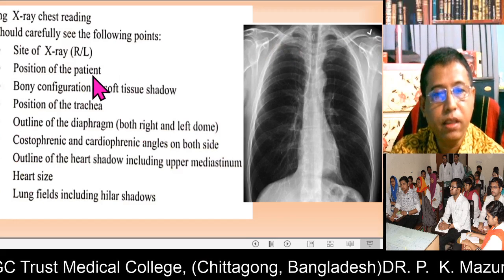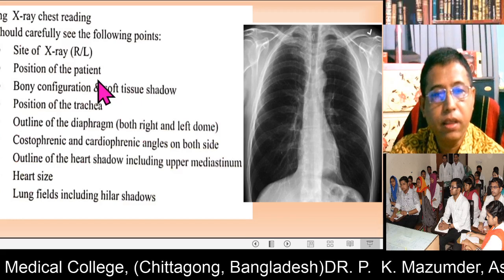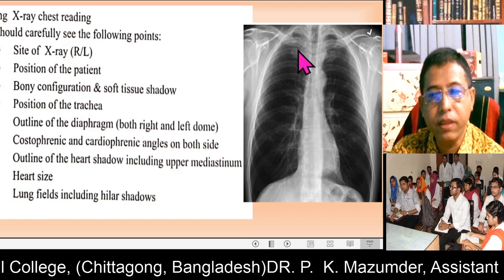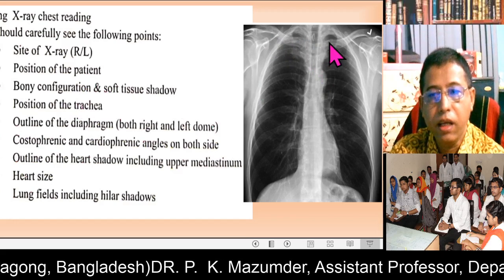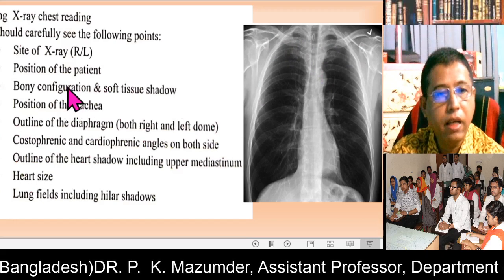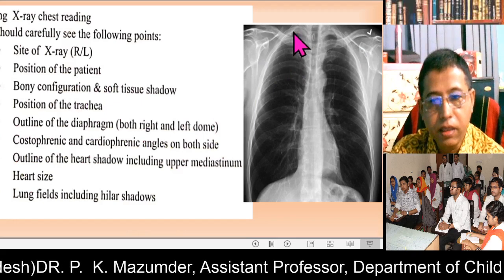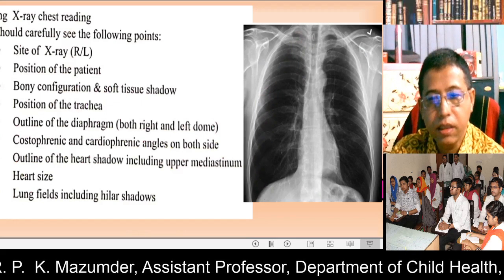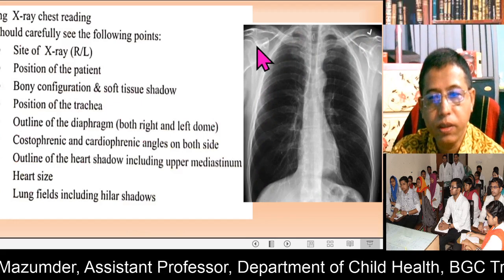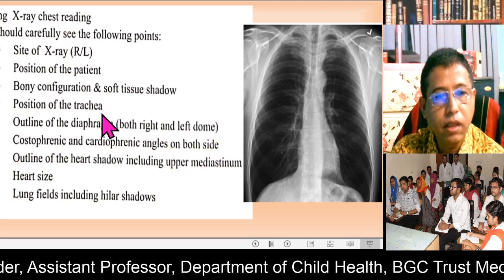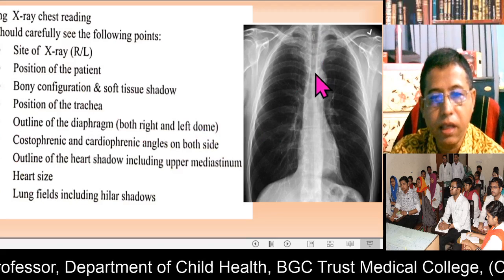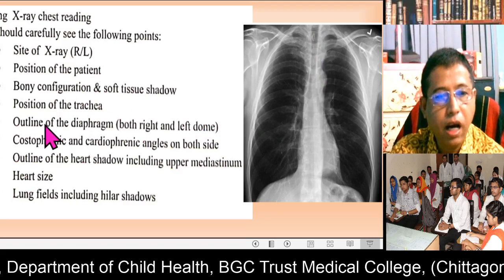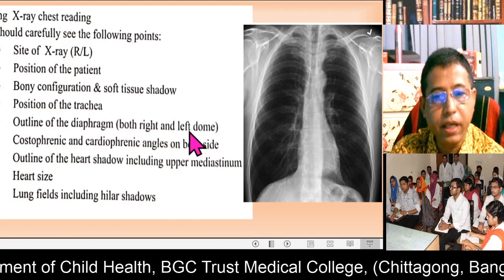Position of the patient, which is evaluated by the position of the clavicle and bony configuration of the chest, and position of the trachea, which is lying in the center, and outline of the diaphragm,